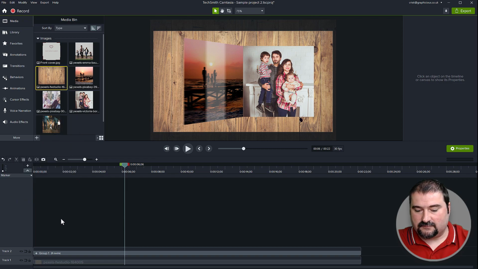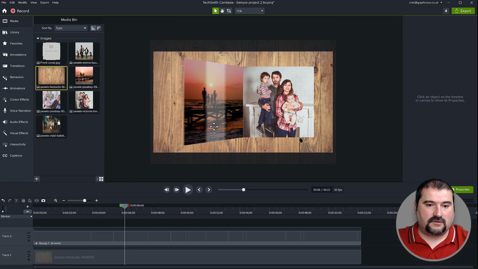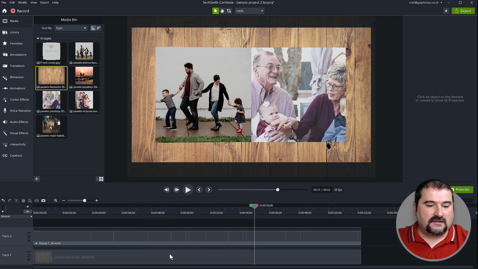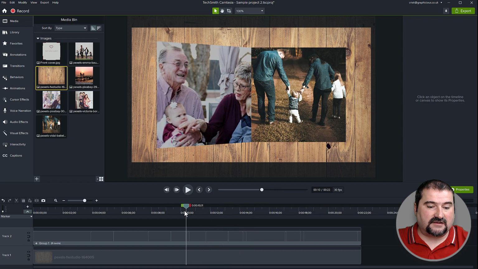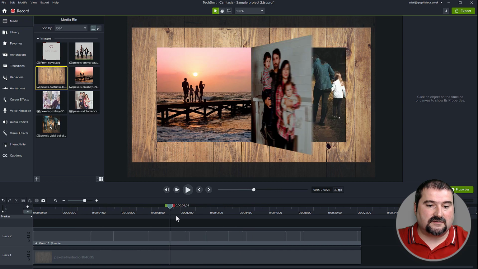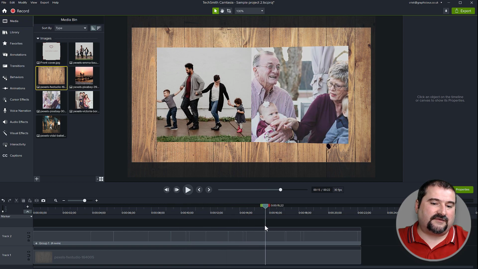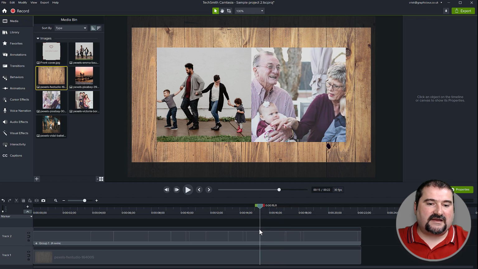Remove all the tracks, make some room there. Here we go. So now this looks very nice. Look, the pages are flipping, and you can see these little lines in here. That's where the markers or the media starts and ends. So you kind of see where the pages change, right? Where the animation starts and ends. These are the markers showing up. So that's your page. But okay, it kind of looks a little flat. So what I like to do is let's add a drop shadow to the whole thing.